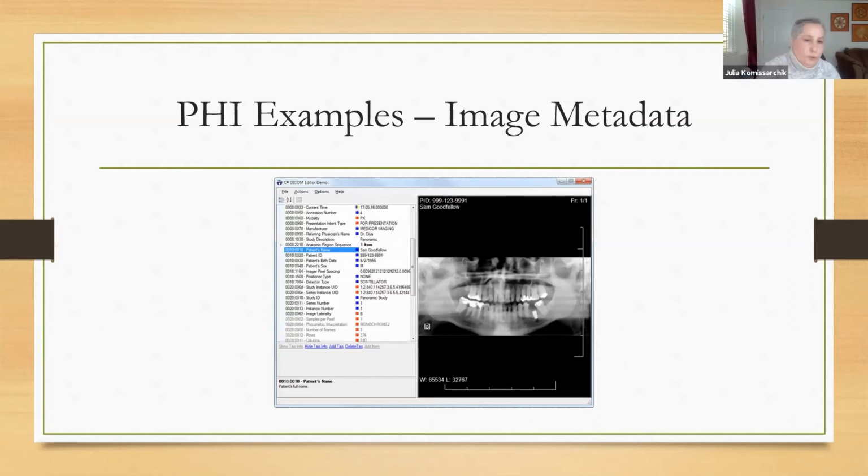You won't be able to see it, but it's quite a long list, and it has things like patient name and patient date of birth and all of this. So not only the image itself will have private information, which in this case it will be right here, but also the meta tags will have private information, and both of them will need to be addressed before a file like that can be shared for research.